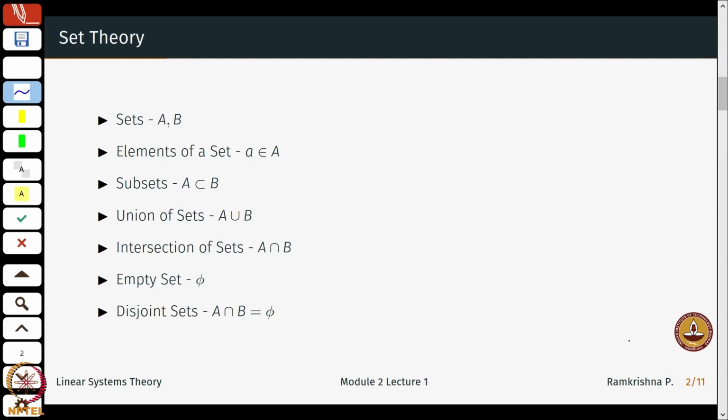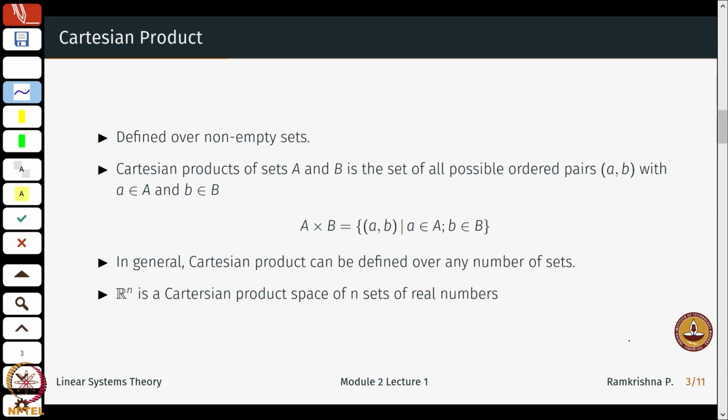So I will just introduce you to the terminology which I possibly think you may not be too familiar with, or the kind of notations that we will use throughout the course, which are a little more general than what you would have learnt in some earlier set theory class.